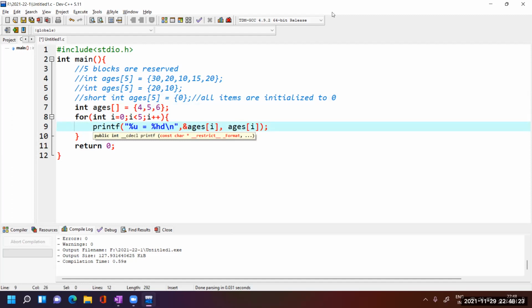We have not specified the size. Size is missing. No size. So now the question is, when I declare an array without any size, because syntax says that there should be a positive constant number as size, when you ignore the size while declaring an array, what is the most important point?